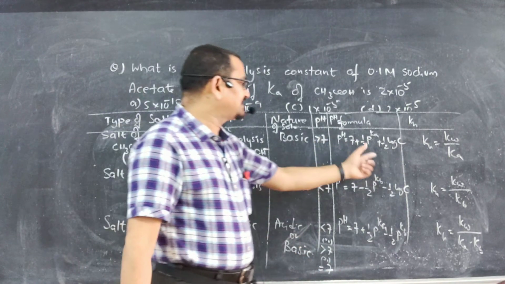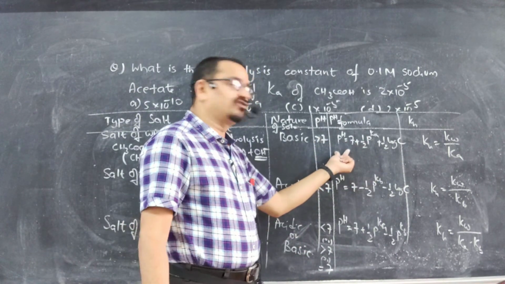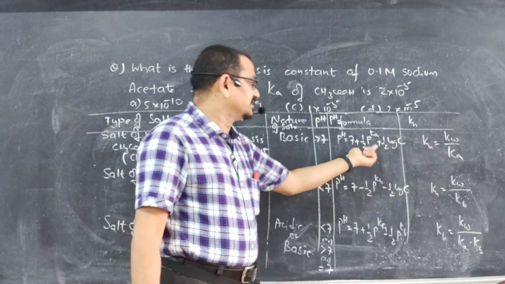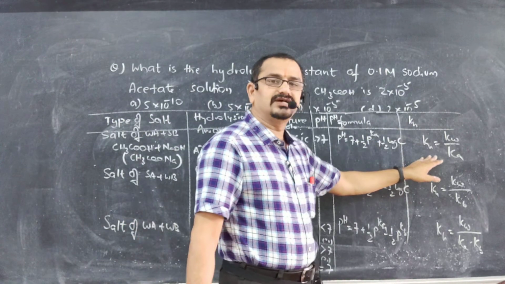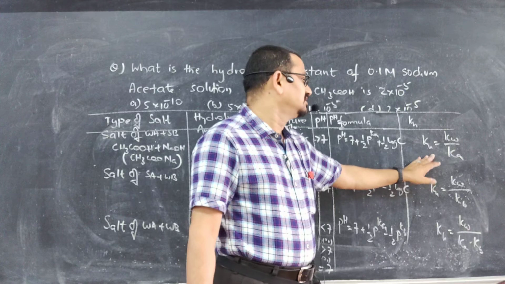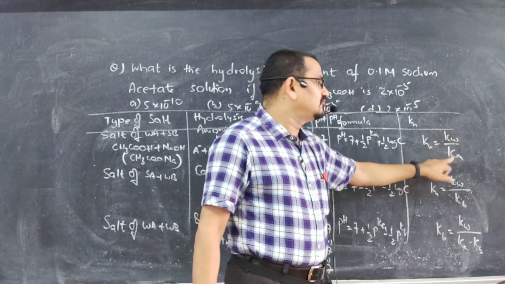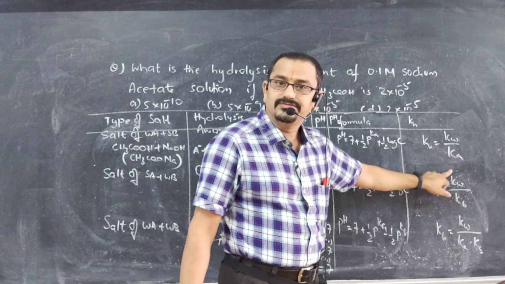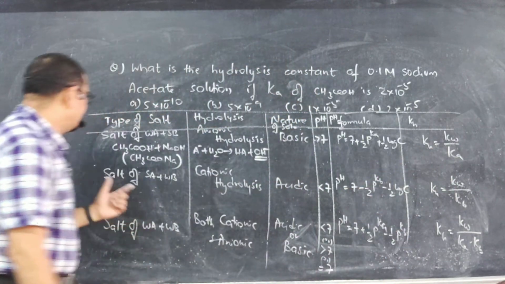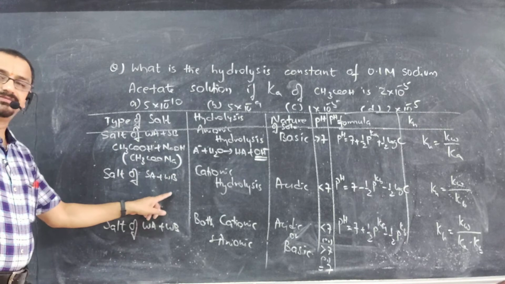Okay, 7 plus something. Have you noticed? The pH formula is 7 plus something, and sometimes they may ask you a question on hydrolysis constant, which can be calculated for a salt of weak acid, strong base as Kw by Ka. Right? Similarly, for a salt of strong acid, weak base,